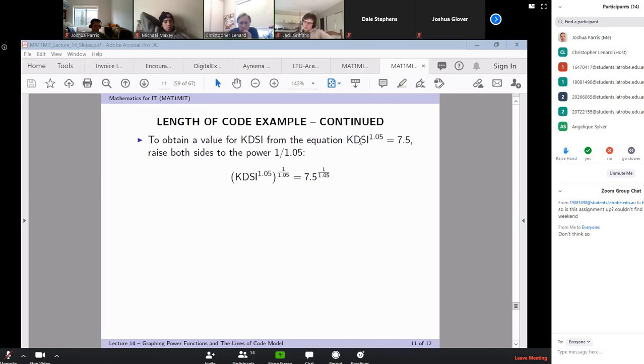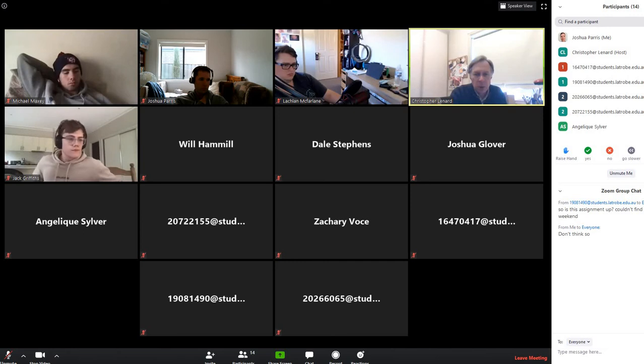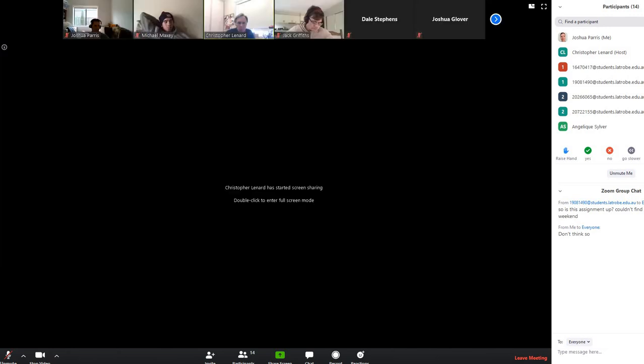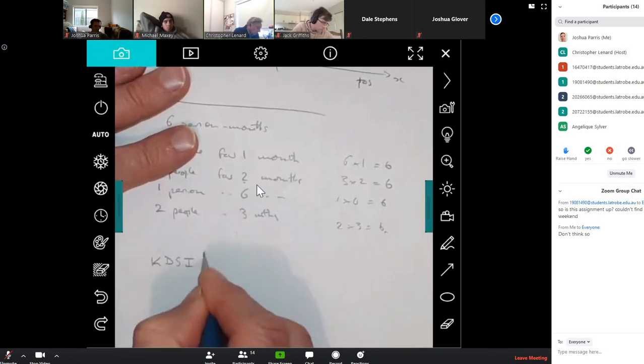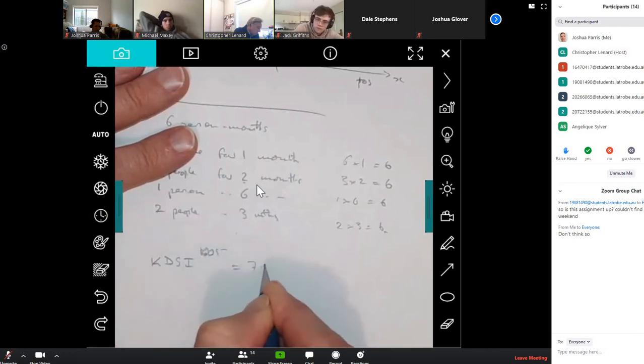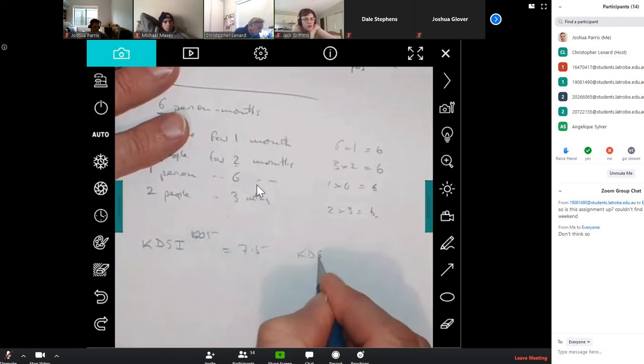Well, the way we can get to this is using these laws of indices. So maybe if we write it this way. KDSI to the 1.05 equals 7.5. We're asking what's KDSI,